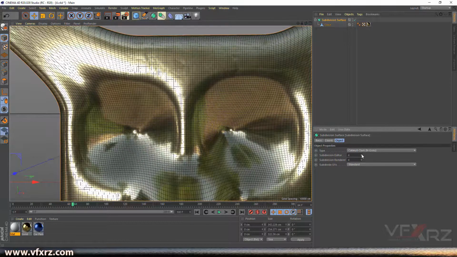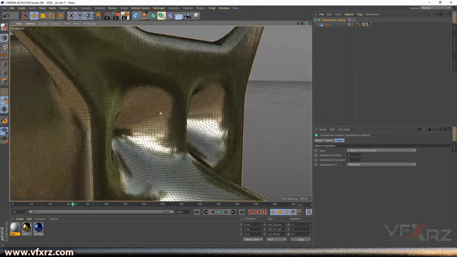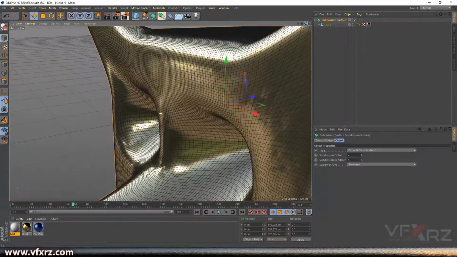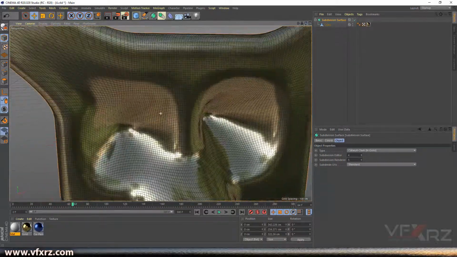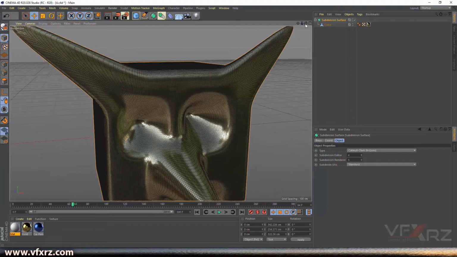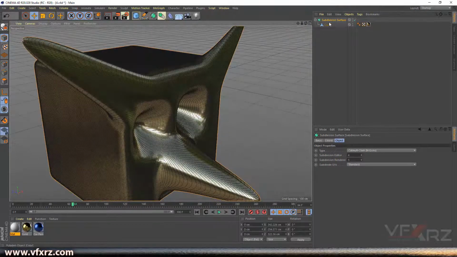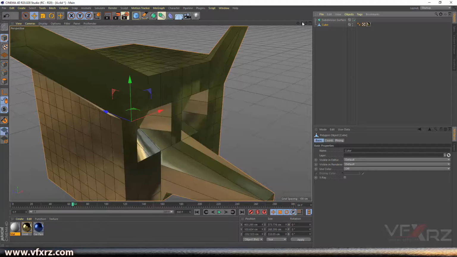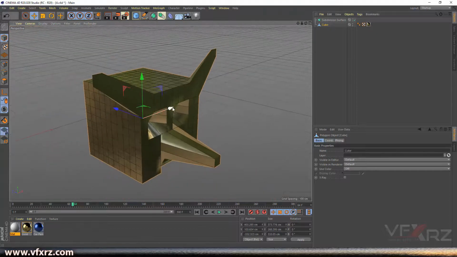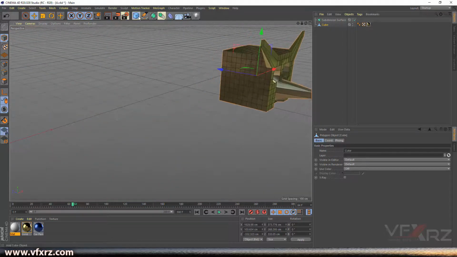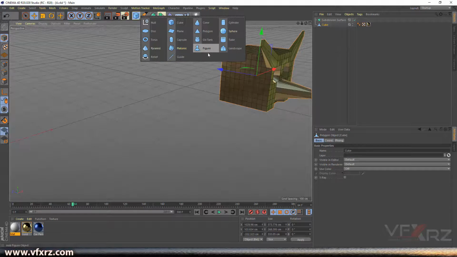Again, if you click on it, you can see now we have a lot of segments here for smoothing. You can use this for any object. For example, if I turn here, drag this here. For example, if I am going to